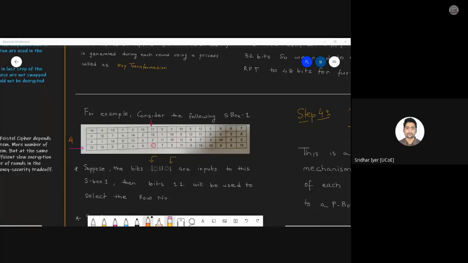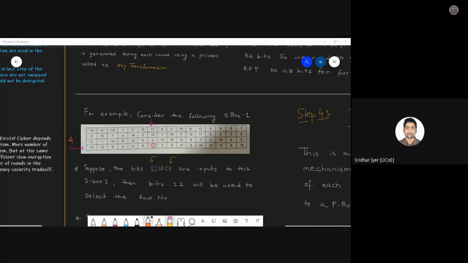So now this particular fourth row will be selected. And over here, what is happening? 0 1 1 0. What is the value corresponding to that? 0 1 1 0 is 6, if I'm not wrong. Yes or no? So you will select that particular column.